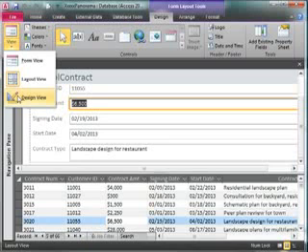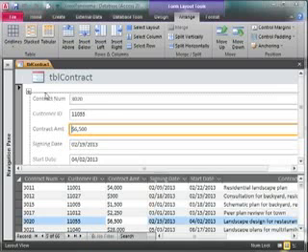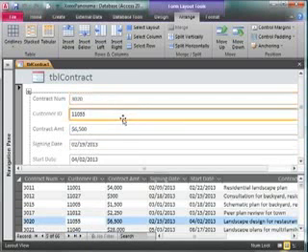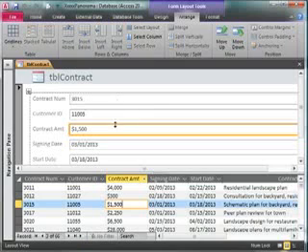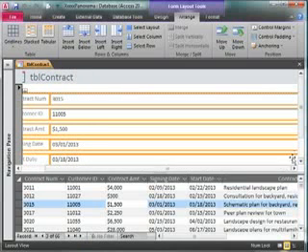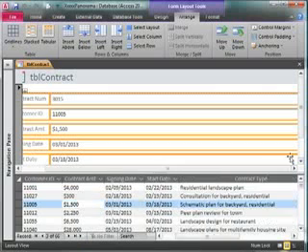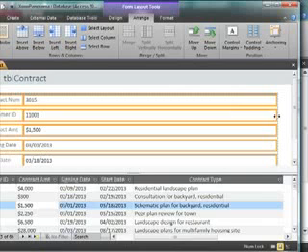I'm going to go ahead and in Layout View, I'll click the Arrange tab. From the Arrange tab, I'm going to click any one of the fields in the upper part of the split form. When I click any one of those fields, I should see a plus sign appear in the upper right-hand corner. This is the Layout selector. When I click on it, all of my objects in the upper section are selected. And now what we're asked to do is scroll over and grab any one of these